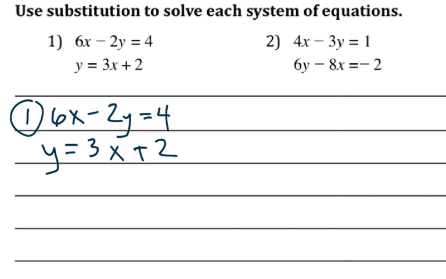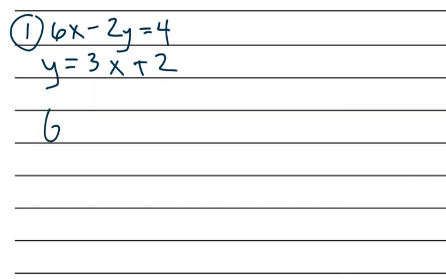Rewrite the problem as it is, and by this point the assumption is that you feel a little bit more comfortable having seen a bunch of those. So I'm going to jump right in. Just like in the other ones, I'm setting up 6x minus 2, but I'm going to substitute in this portion for y. So here's 3x plus 2